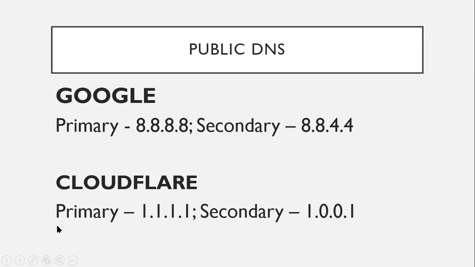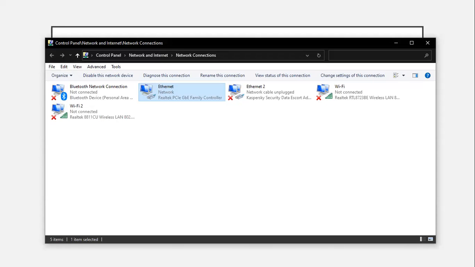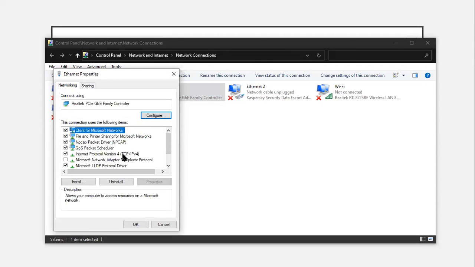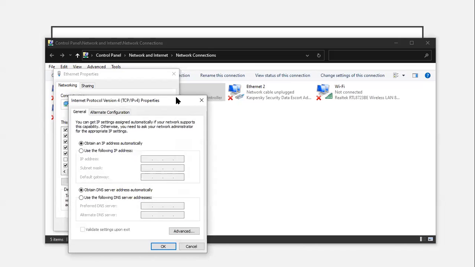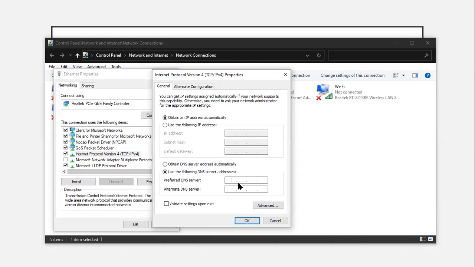DNS company. It provides its own public DNS and it's easy to remember as well. So how do you use this public DNS in your computer? If you're using Windows, you can type network connections on your Windows search tool near the Windows logo. So network connections, it will pop up. In this window, choose the connection you are using right now. Click properties, go to the Internet Protocol version 4 or the IPv4. Double click that and you can now use the DNS server.